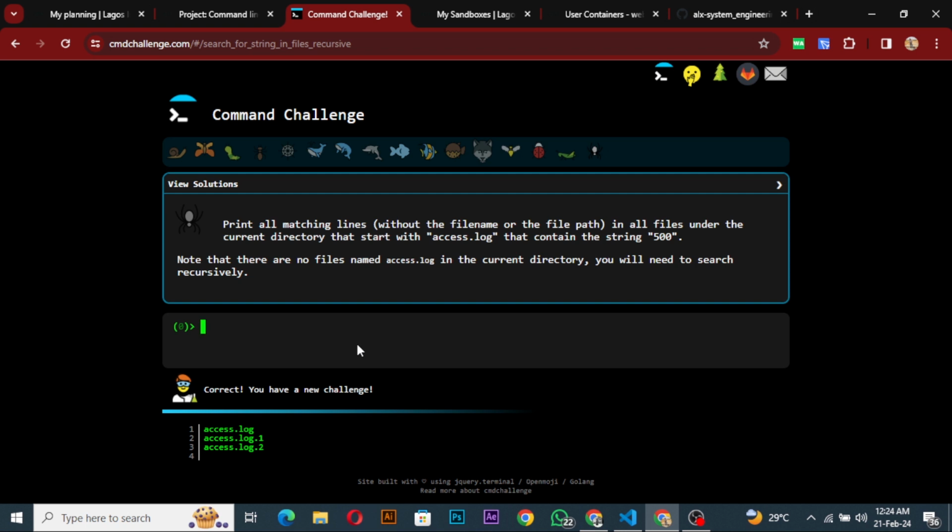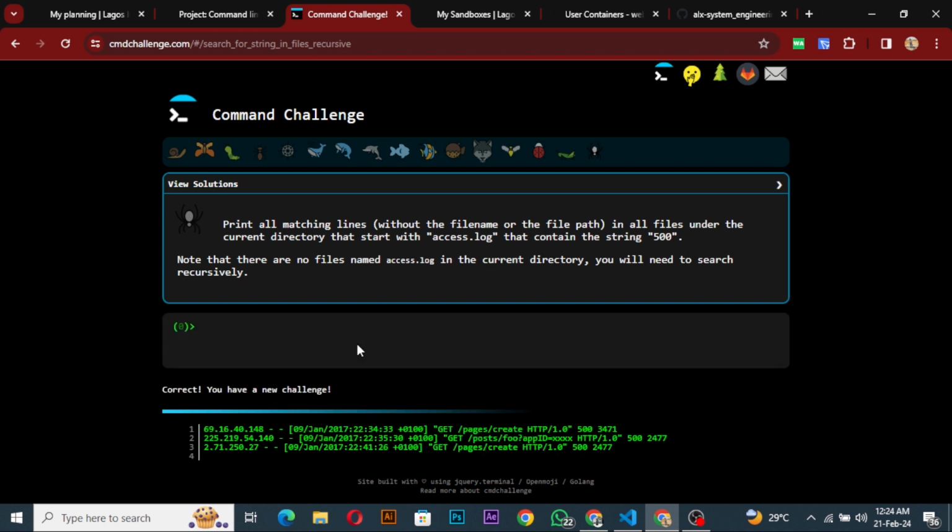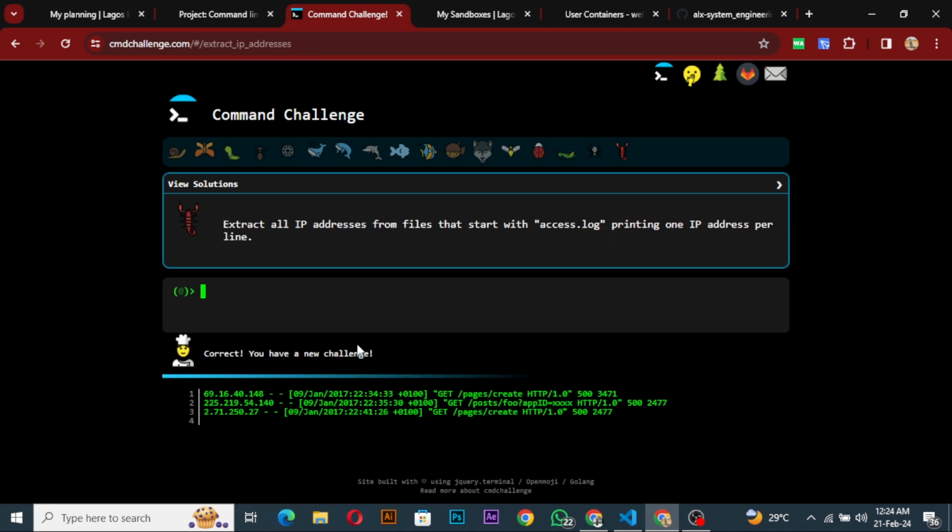So we'll say grep, because we want to look for a particular string. Recursively, that's -h, everything that has 500. Let's try this. So that worked. Extract all IP addresses from files that start with access.log, printing one IP per line. So we'll say grep dash ro raised to power